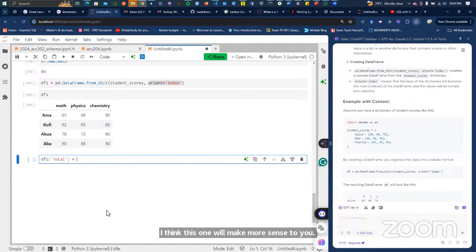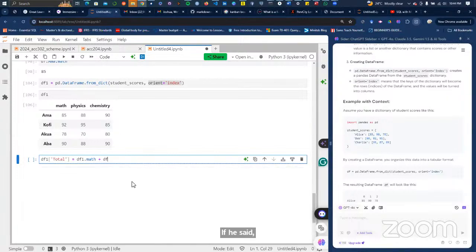So now I will do df. df has an attribute, which is the column called math. So df.math plus, it's df1, please. If you forget about this, our object name is df1. If you say df, it will go and use the df table.